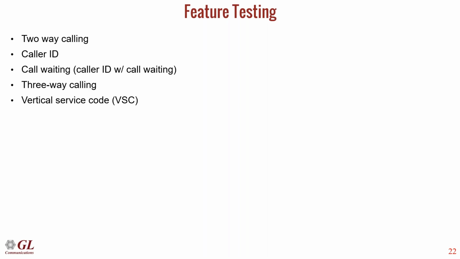So you have the ability to do a flash hook, to send DTMF, detect tones, detect the FSK either prior to the call or during the call, and also send and record audio. So there's a lot of different things you could do with the APS in order to fully test the network.